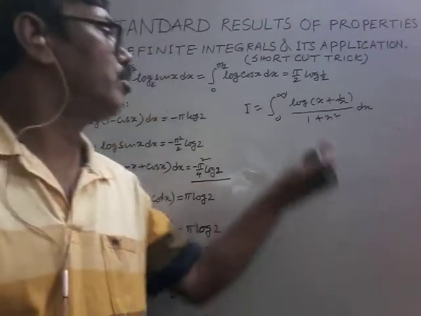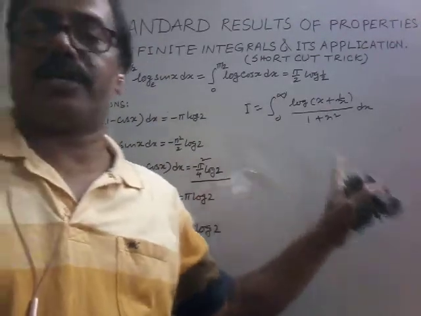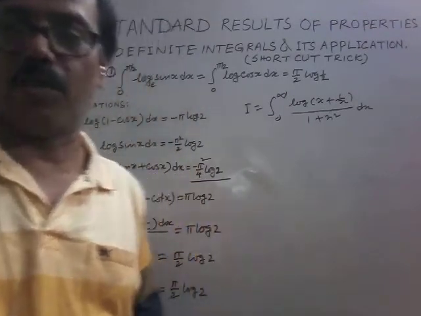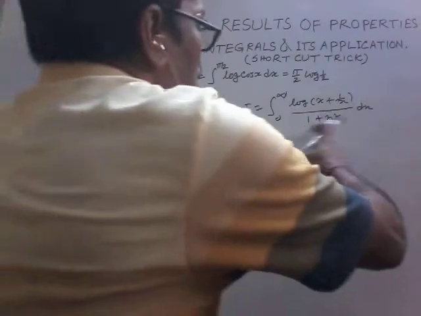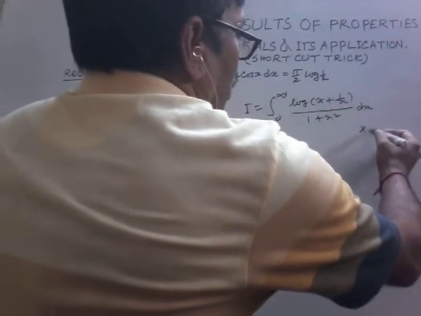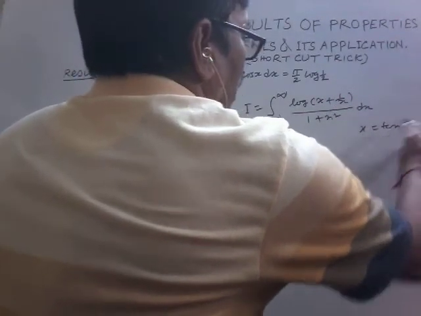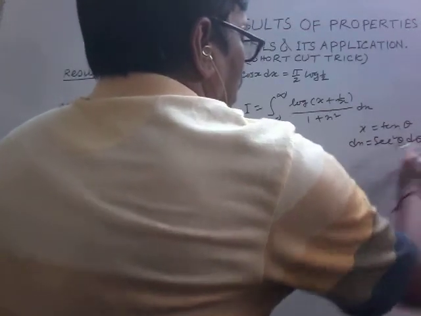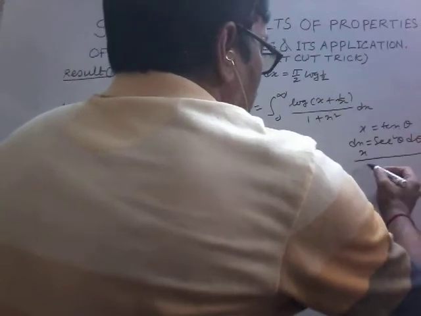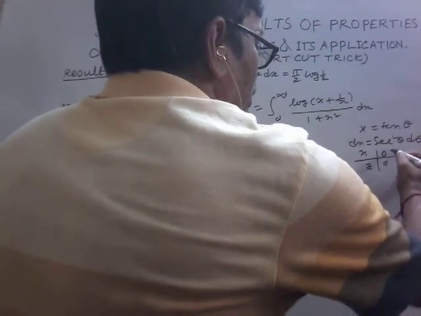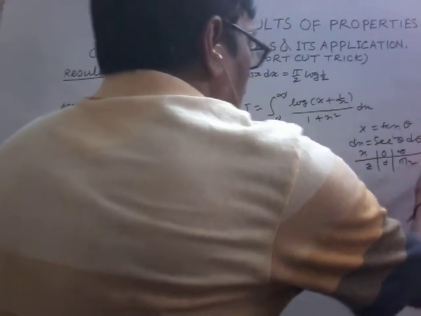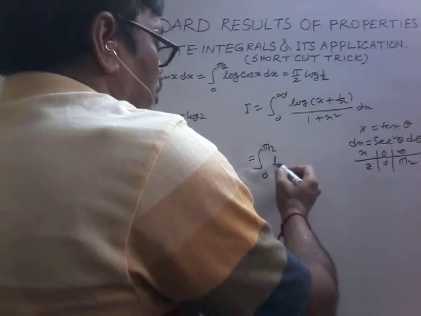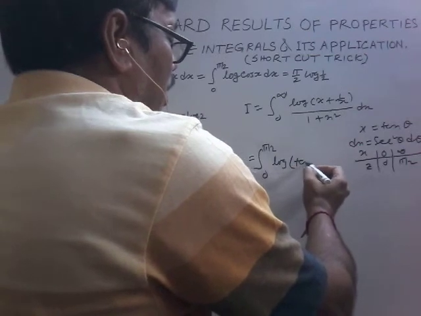It will be finite if we put x equals to tan theta or x equals to 1 by y. But since it is 1 plus x square, we put x equals to tan theta. So dx is sec square theta d theta. So the change of limit is 0 to 0, infinity to pi by 2. So this is 0 to pi by 2 log of tan theta